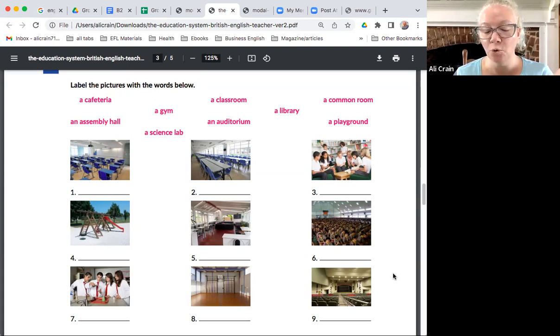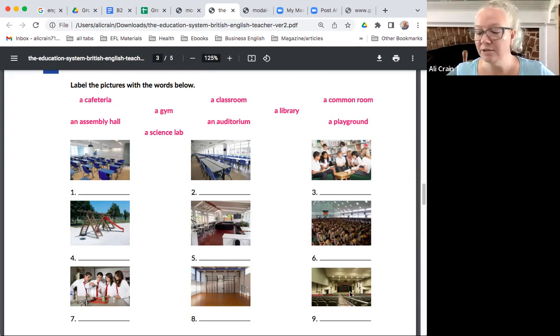And then an auditorium is where lectures and performances are held. Typically there may be a stage in an assembly hall, but it would be a temporary stage that they would put in, whereas in an auditorium, the stage is permanent and can be used for music or plays or things like that, or even just speaking. So I think that would be the main difference there.